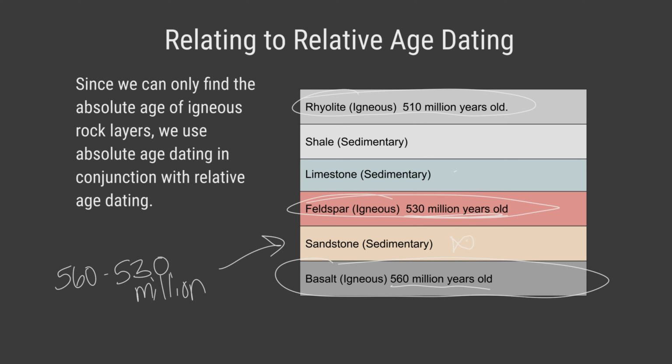Same with these layers of the limestone and shale here. Both those layers are somewhere between 530 million years old and 510 million years old. It's what's above and below these two layers. And again, I know that the limestone is older than the shale thanks to superposition from relative age dating. So you can see how these play together to help inform a rock strata, layers of rocks,